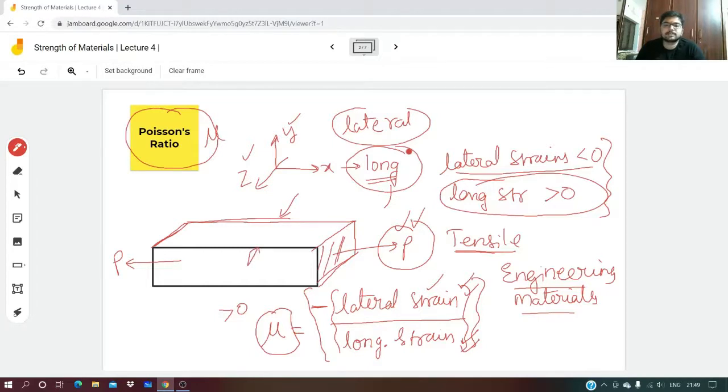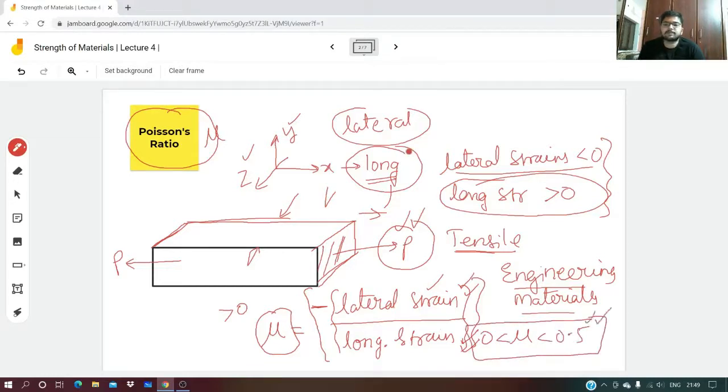I mean reduce, the dimension in other directions, lateral directions will reduce. So as a compensation, why? Stretching in one direction means elongating in one direction, so automatically dimensions in lateral directions will reduce to compensate elongation in opposite direction, so perpendicular direction. So anyway, this for engineering materials, mu will be between 0 to 0.5